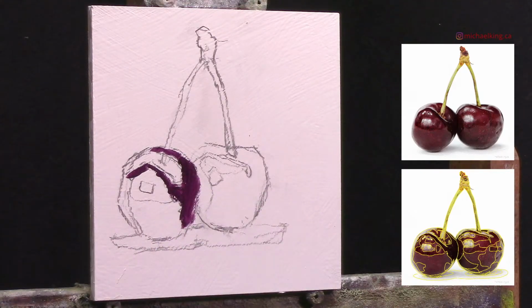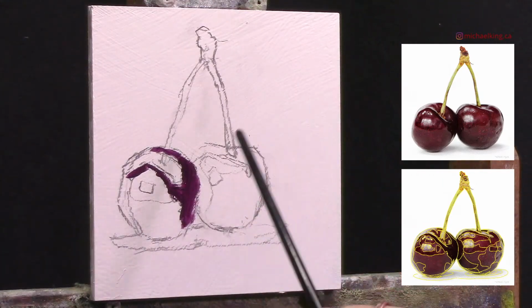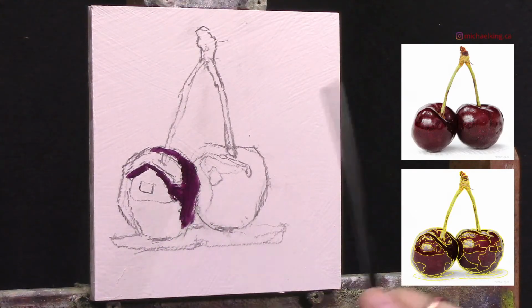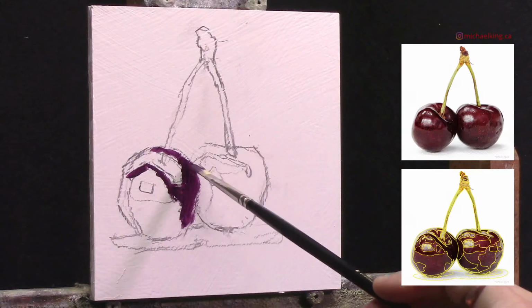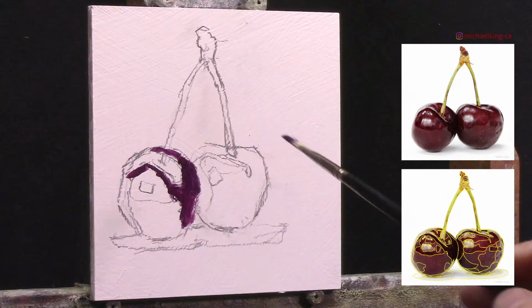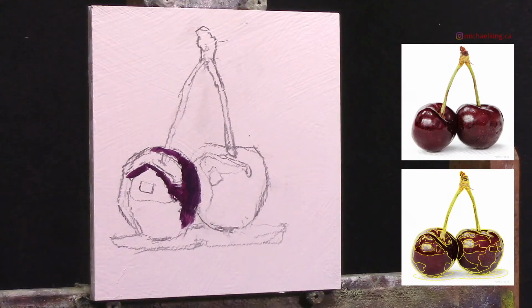There we go. I think I'm going to make it a little bit darker because you can see from the image here on the right, it looks like this shadow on this cherry is a little bit darker than in here. So I just add a little bit more ultramarine blue. Mix that in. There we go. A little cooler and a little darker primarily. And so the next dark on the other cherry,